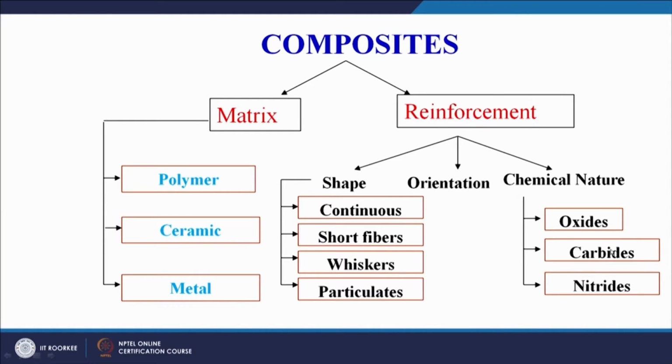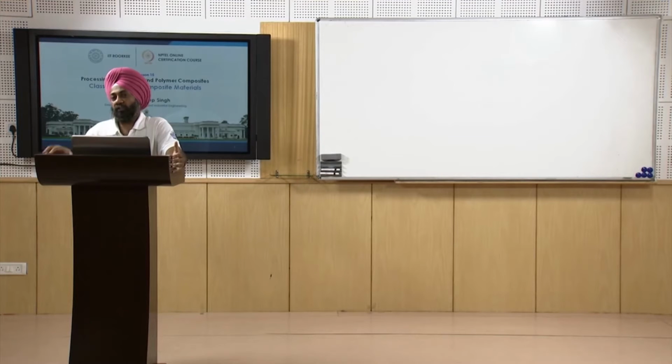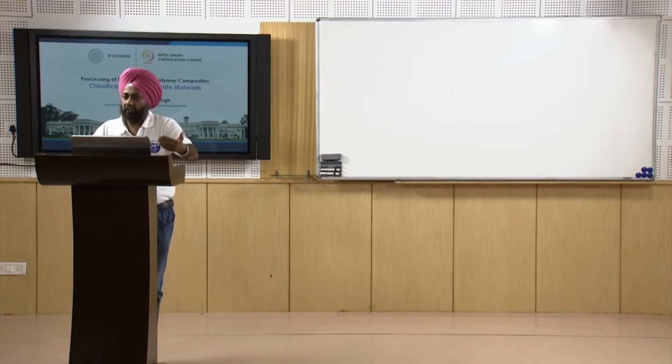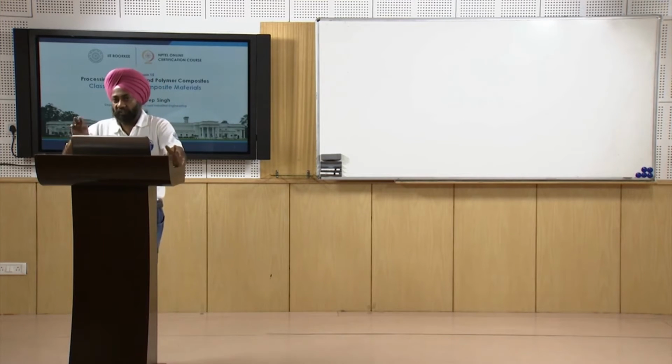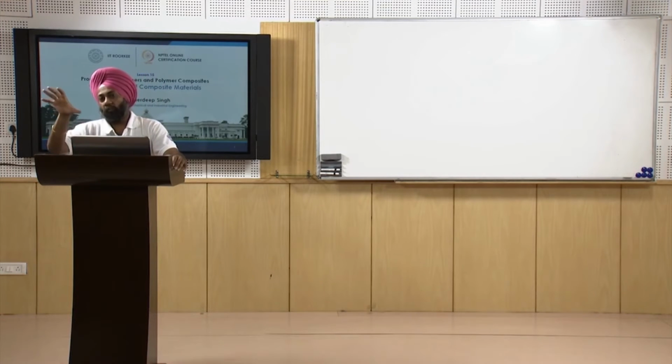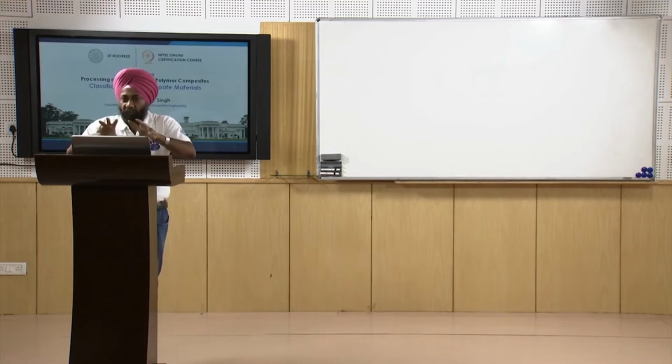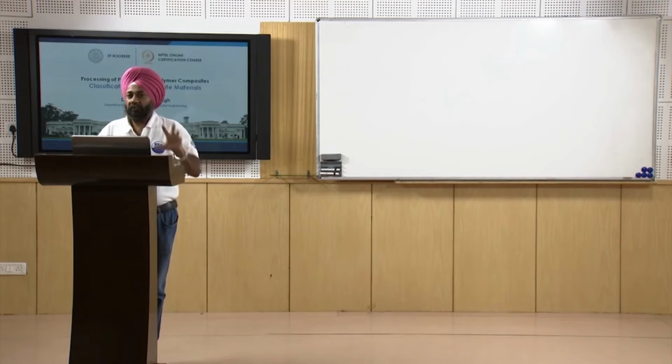So another example of metal matrix composite can be aluminium matrix composite reinforced with silicon carbide, or aluminium silicon carbide composite in which the matrix is aluminium and the reinforcement is silicon carbide particles. So this broad classification diagram gives you so many different examples. Maybe in the assignment you can take 5 different examples, you can search and you can try to figure out 5 different types of composite materials and then try to put them into this diagram, that what is the matrix,